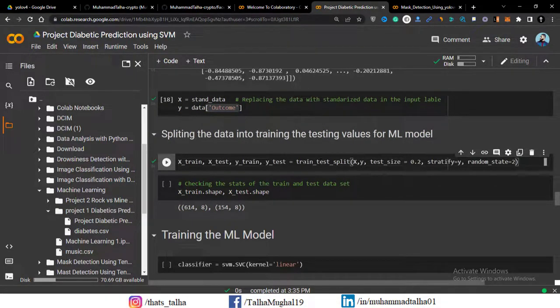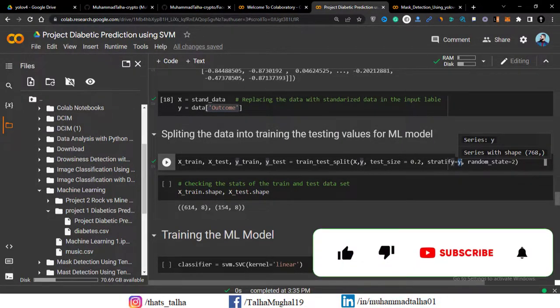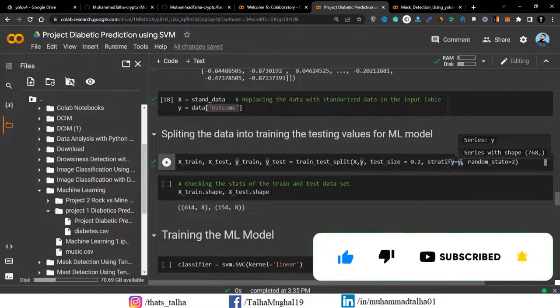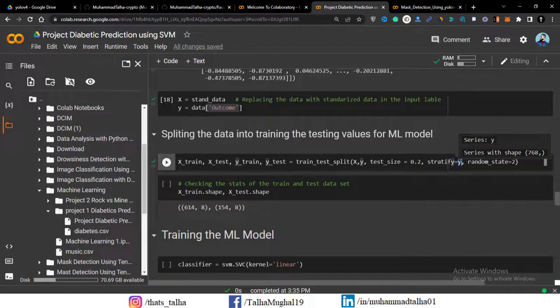And here we are telling this train test split to split this x and y into train and test sets, and the test size will be 20%. That means that out of all the data that we have, convert 20% into the test set and 80% into the train set. And we have used stratify on the output label. So let's say that out of 768 values, 600 values were for diabetic persons and 168 values were for the non-diabetic persons. So in this case,